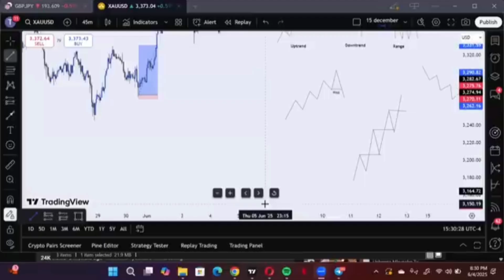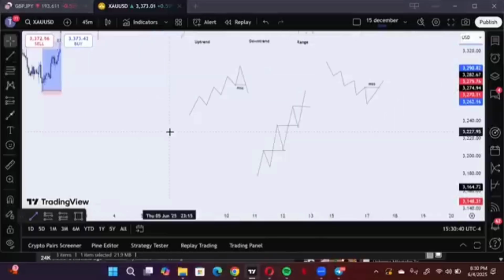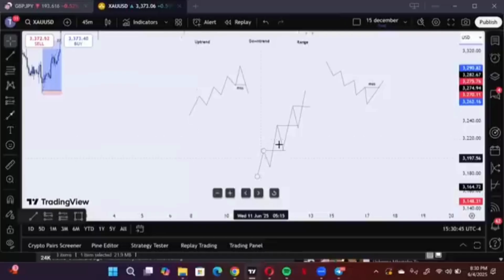Okay. So I should start with break of structure again. Like I said, a break of structure is a scenario where price keeps breaking a key level while maintaining its current trend. You already know the market is on an uptrend. So if the market makes a higher high,